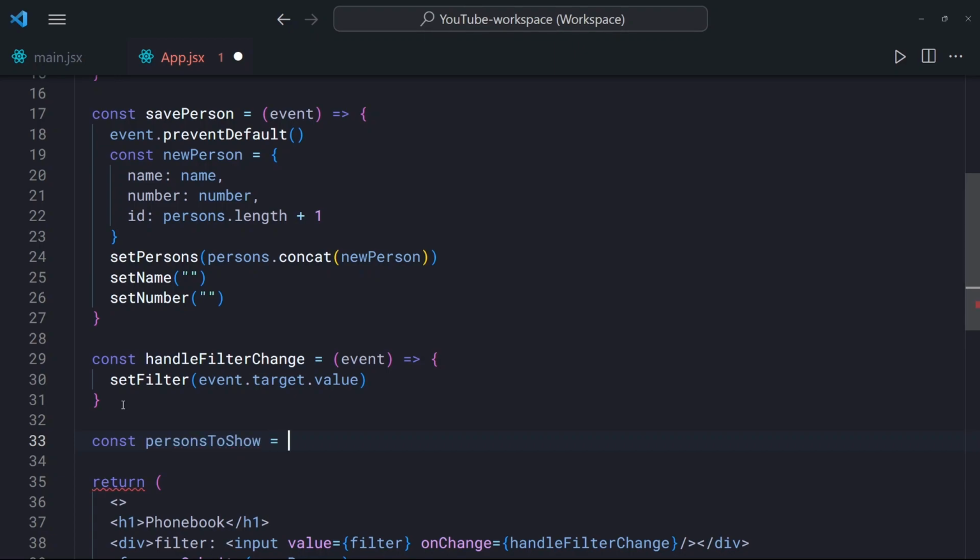So here we're going to have a condition. The condition is going to be if filter.length is equal to 0, that means the filter input field is empty. In that case, we want this to be the same as our persons list as a whole. But if the filter is not empty, then we're going to use the filter function to filter out the people